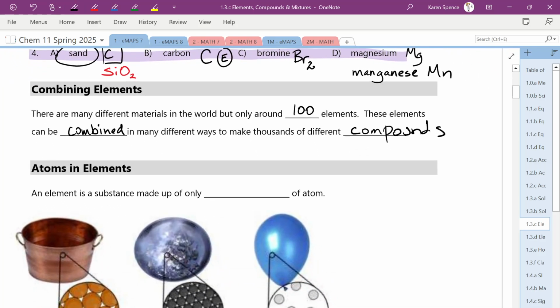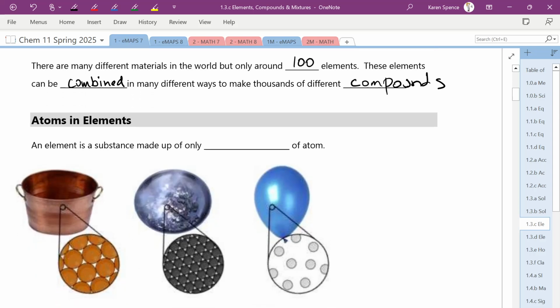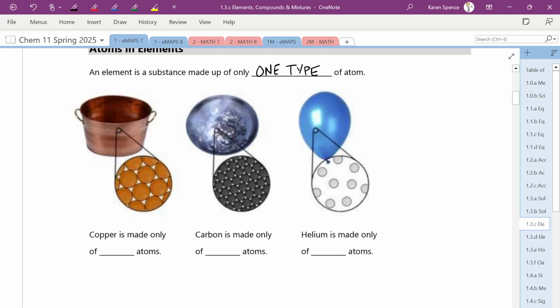An element is a substance made of only one type of atom. So you can see that copper, they all look the same. Unfortunately, your little copy doesn't have the colors, but copper is made only of Cu. So you've got Cu, Cu, Cu, Cu, right? We've got carbon, which is made only of carbon atoms, and helium, which is a,